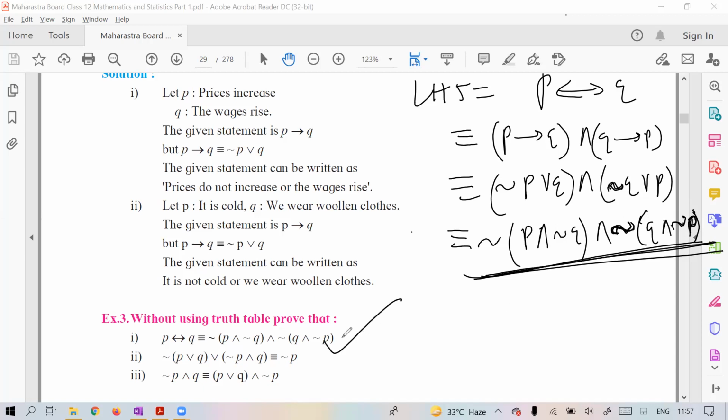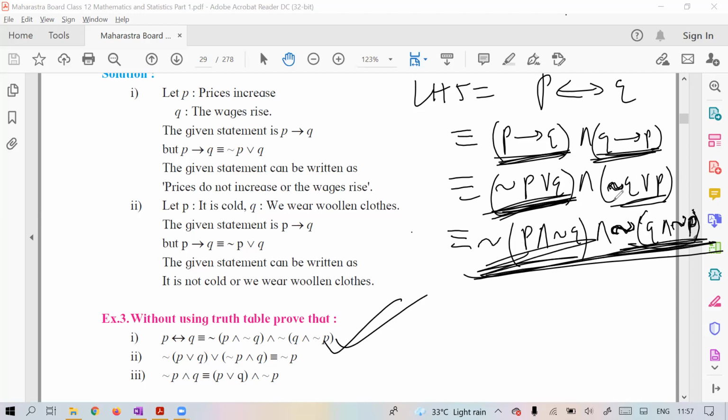This is what we wanted to prove. Look, what I did: P if and only if Q is equivalent to P implies Q and Q implies P. We had this formula in the table, in the last formula list: not P or Q, and not Q or P. Now you want to take negation outside, so that is P and not Q, and this is Q and not P. You can check that if you take negation inside, you will get this.